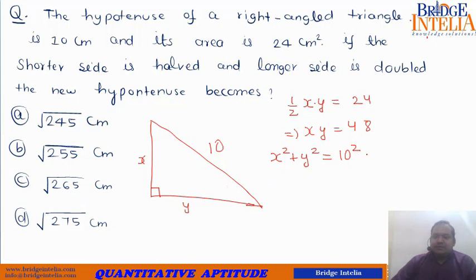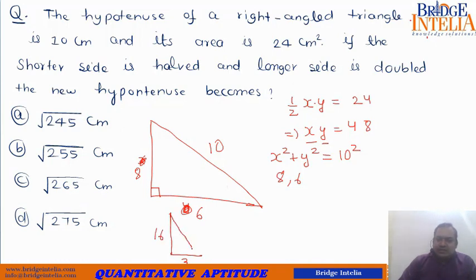So think of two numbers which satisfy this criteria. 8 and 6. These are common Pythagorean triplets. 8, 6, 48. So this is 8. This is 6. Now things are becoming clearer. Now what is said? If the short side is halved, that means short side 6 becomes 3, and the longer side is doubled. So longer side becomes double, that means 8 becomes 16. So what is the new hypotenuse? What will happen to the hypotenuse?